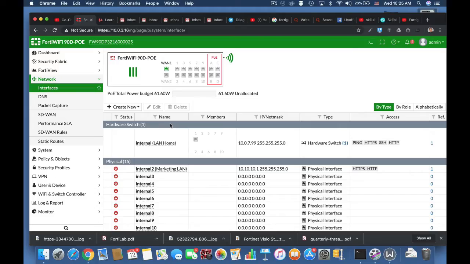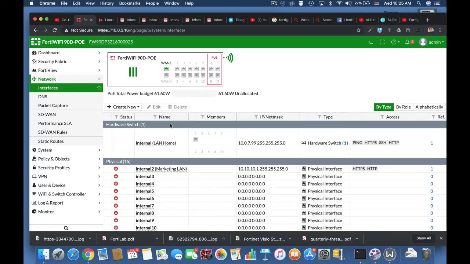It matches the interface that the traffic comes from, the destination interface that the traffic is heading towards. It also matches the source of the traffic, its IP address, if it belongs to a user or a user group. If it belongs to a specific device, it can be a PC, it can be a smartphone. And when traffic matches your rules, your specific patterns, then the policy takes the security profiles action,